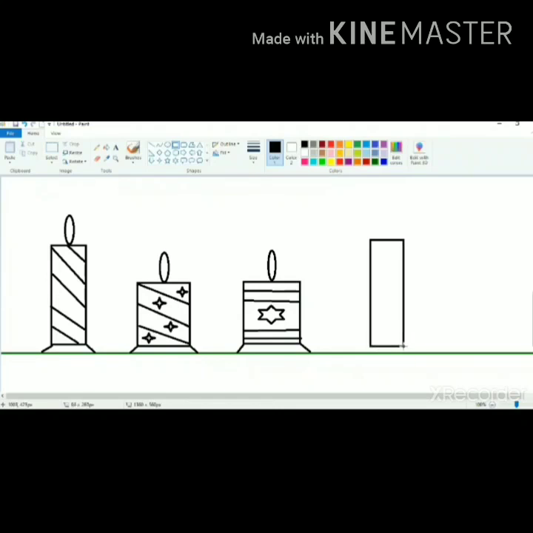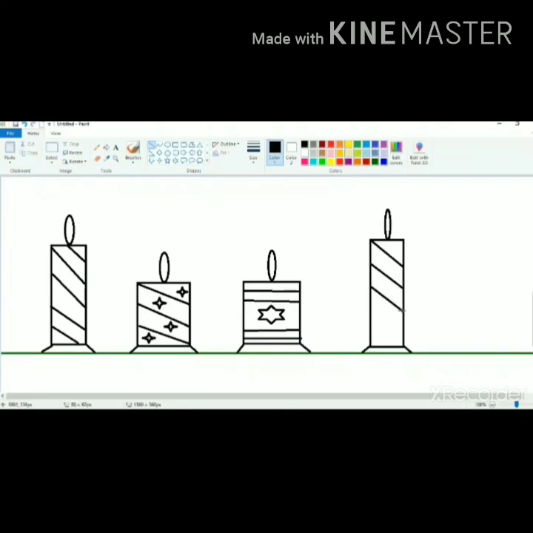Now the last design I am going to show you. Again, box with the help of the rectangle tool, stand with the help of the line tool and flame with the help of the oval tool. And your flame should not be very thin or very big. It should be of medium size.